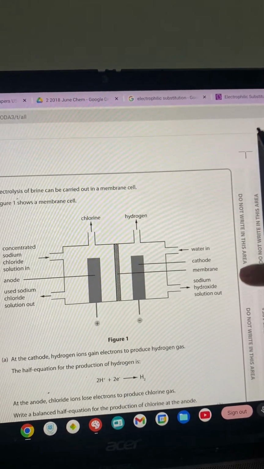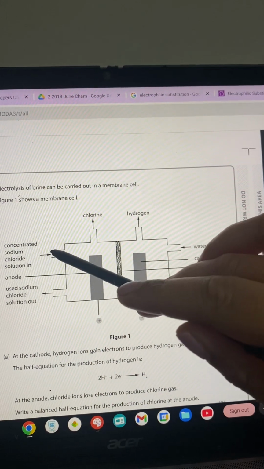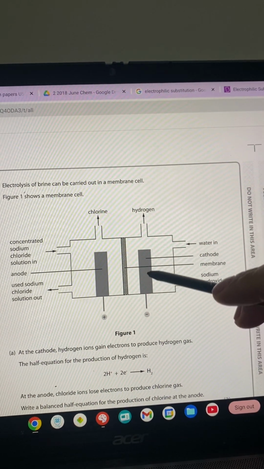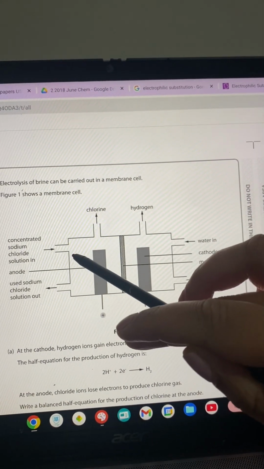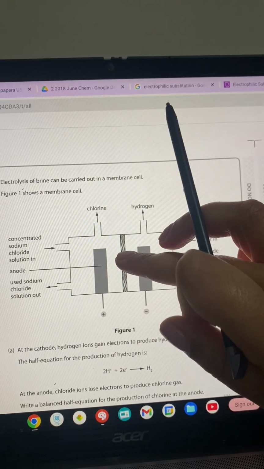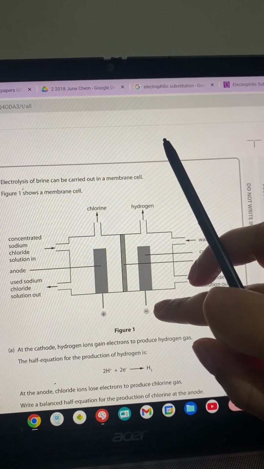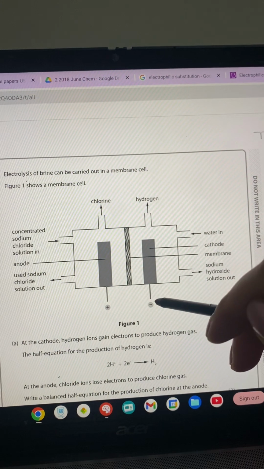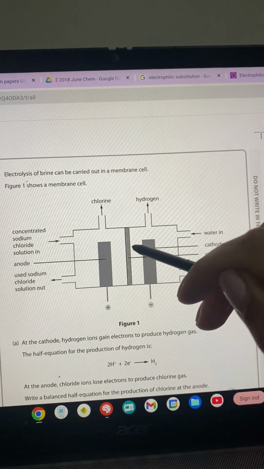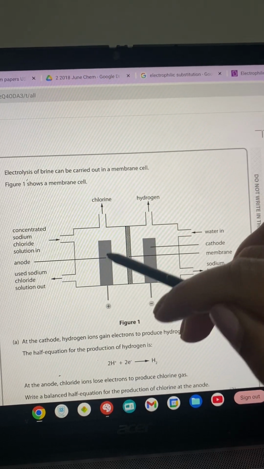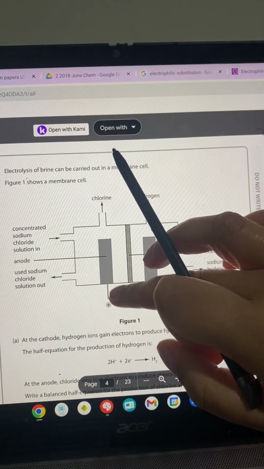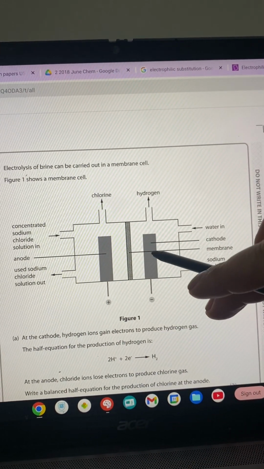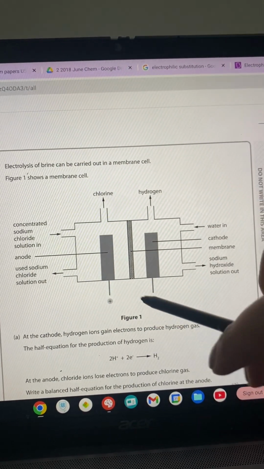So if we have a look at this, positive ions, so Na+, sodium chloride solution is being inserted from here, okay? So anything that's positively charged, what would happen is they will travel through the membrane and they will be attracted to the negative electrode, which is the cathode, okay? That's because anything positive will be attracted to the negative cathode, therefore it will go through the membrane. However, anything that's negatively charged will just stay there. It will be attracted to the anode, not the cathode, so it wouldn't actually go through the membrane. Okay, so that's why positively charged ions will go through the membrane, whereas negatively charged ions will not go through